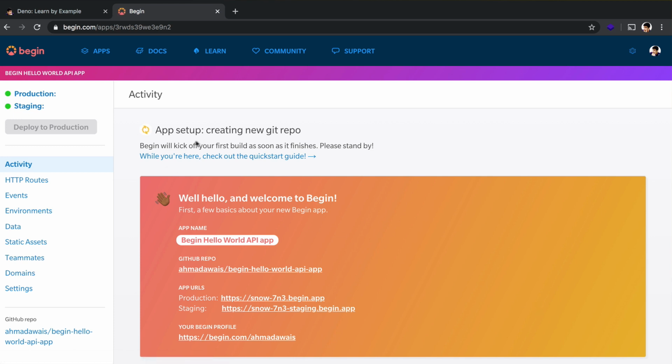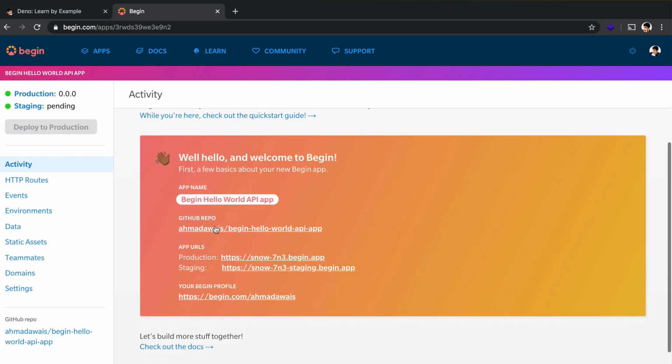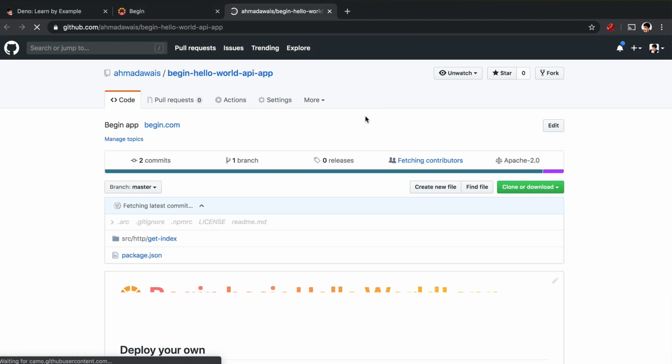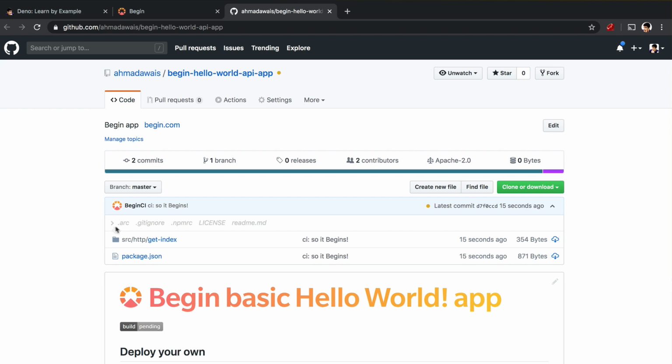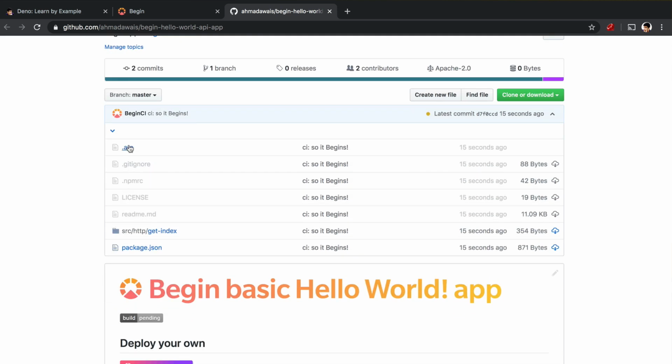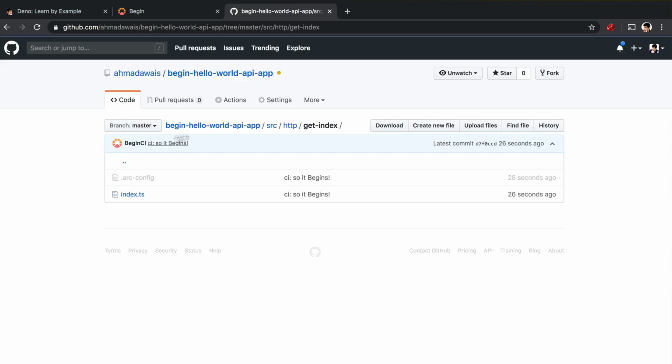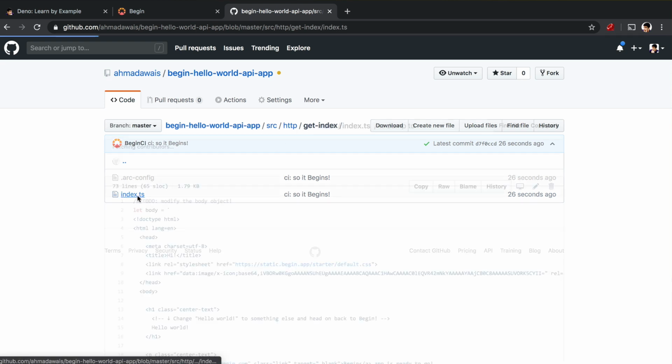So begin.com is setting up the application environment for us, the production and staging, and it is already done. If I go to this particular GitHub repository that it has generated for me, I can see what the source code looks like. There are a couple of dot files that go along with this repository. But the most interesting part is inside the src/http/get-index folder, where we are going to take a look